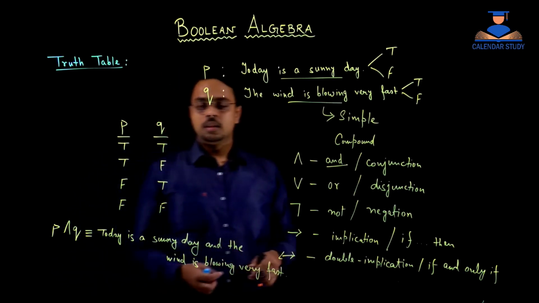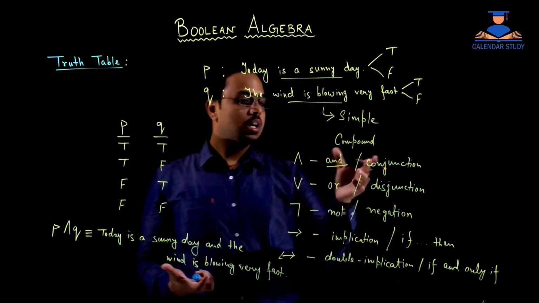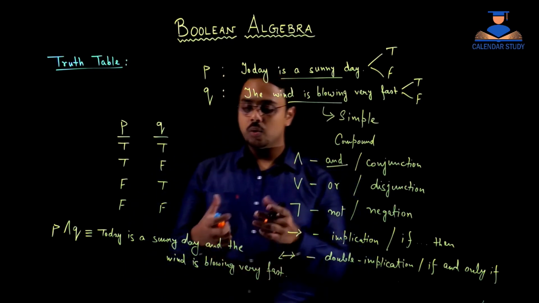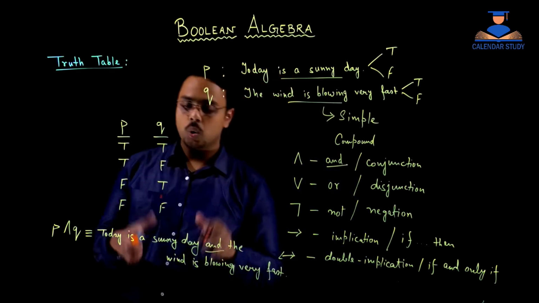Okay, so it is an example of a conjunction statement where we have used the AND connective to connect 2